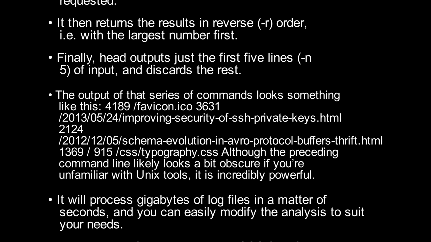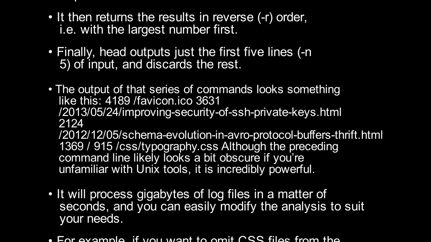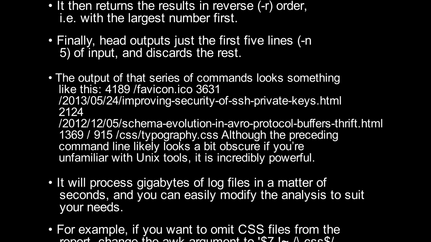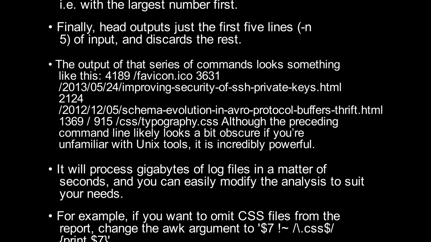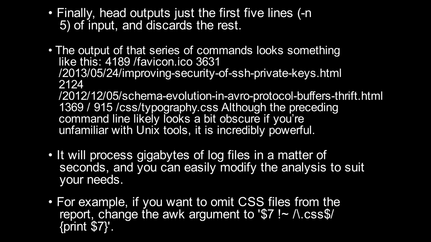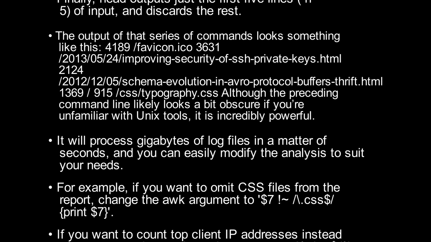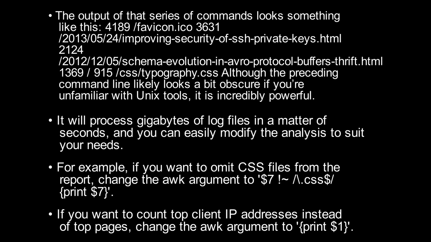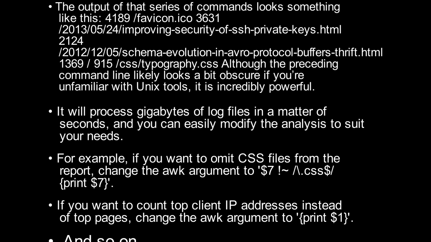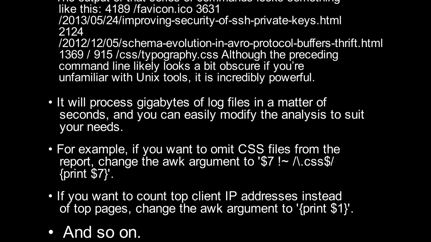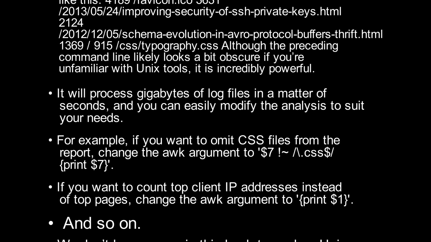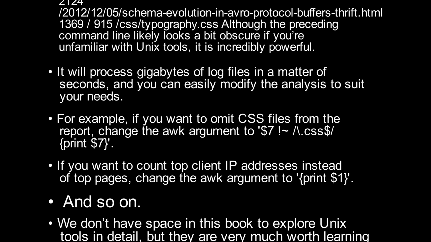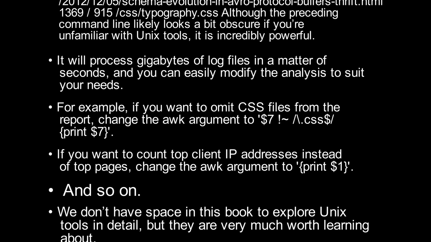1339 /css/typography.css. Although the preceding command line likely looks a bit obscure if you're unfamiliar with Unix tools, it is incredibly powerful. It will process gigabytes of log files in a matter of seconds, and you can easily modify the analysis to suit your needs. For example, if you want to omit CSS files from the report, change the awk argument to $7 !~ /\.css$/ {print $7}. If you want to count top client IP addresses instead of top pages, change the awk argument to {print $1}